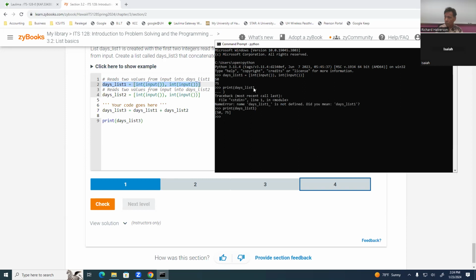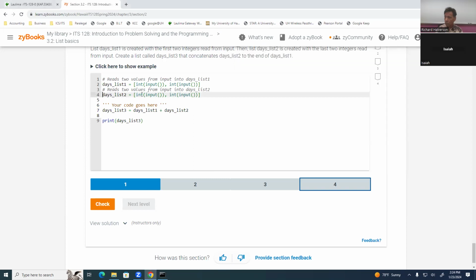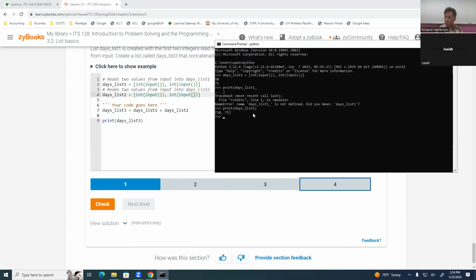Now, I don't like it when it's sitting there and you don't know what's going on and the user's going, why is the program stopped? So I would prefer to do it this way. Print days list 2 equals, just like the same, but then inside input, inside there, I like to say what